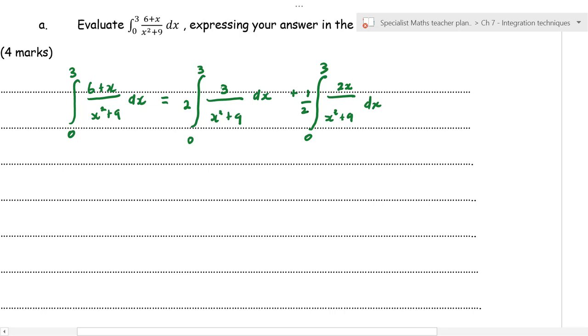Can you see that? Now we can proceed, and that's how you can save yourself time and lines of working. You have not skipped a step there. You've clearly shown your method. Now what we're going to do is I'm going to go straight to this. I'm going to go 2 times